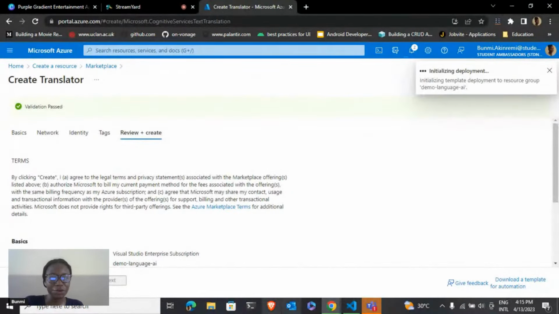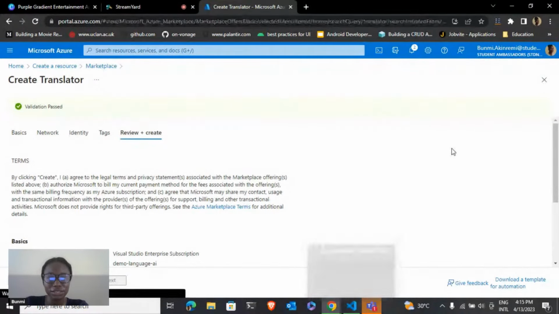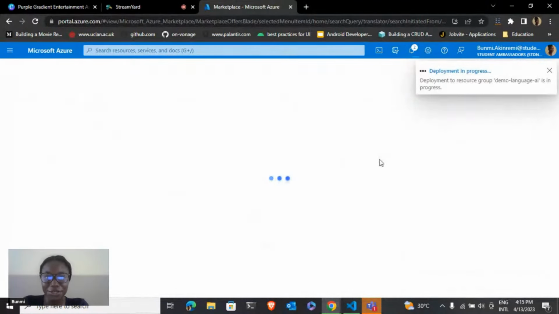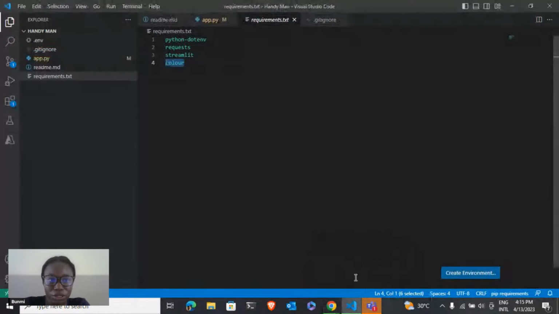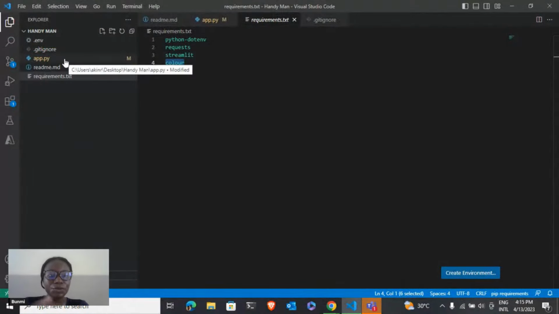Great, and then you click on create, right? So it's going to take some time to create this deployment. In the meantime, we can look at the structure of our code, right? So you go back to your Visual Studio Code, and then first you want to create a file called app.py,